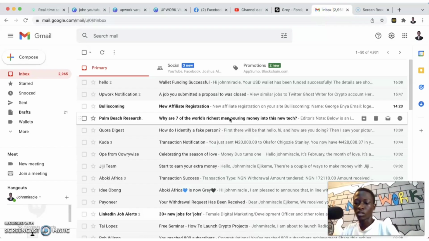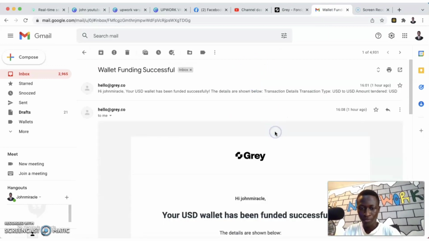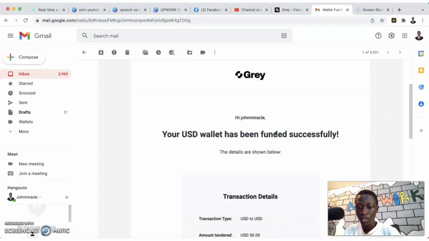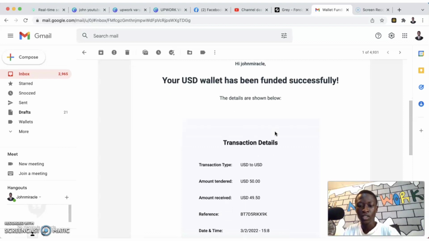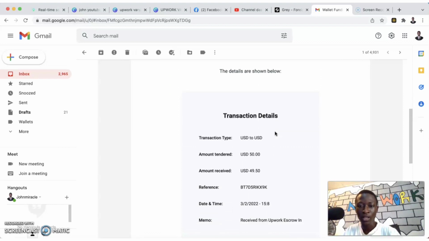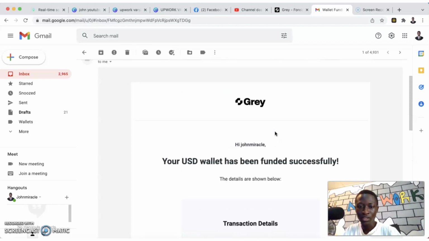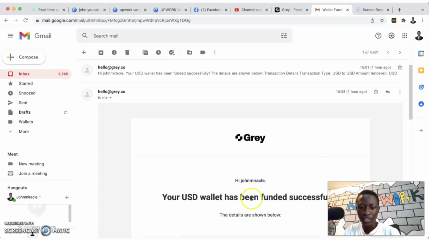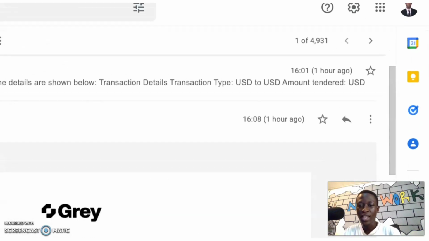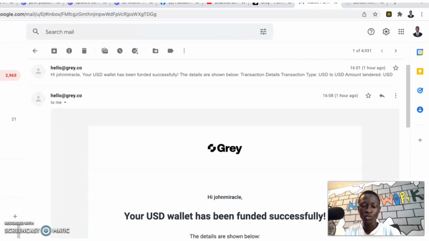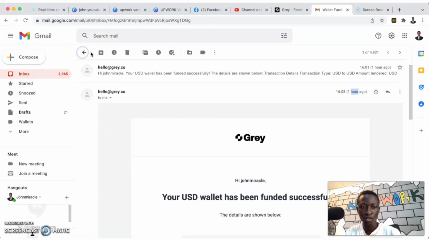Alright guys, remember the Paper video we did? It actually landed in my wallet today. It came in today, so it took less than 24 hours. Remember, you can see the time it came in. Let's be very sure: you can see it here, 4 p.m., February 3rd, that's when it came in, and we applied for this withdrawal by the